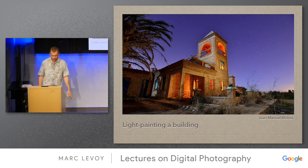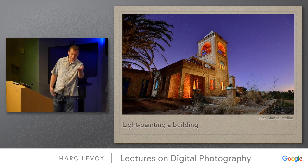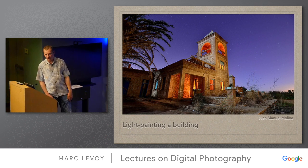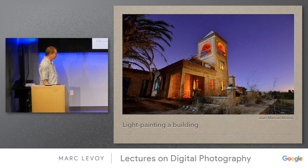Now, if you are shooting pictures with long exposures, if the exposure time is long enough, you don't have to take the scene as is. You can walk in and change it. And well, we didn't talk to each other, I guess, and Jesse showed you an example of it earlier. So you can take a flashlight, as was done here in this building, and light it up, walk into it